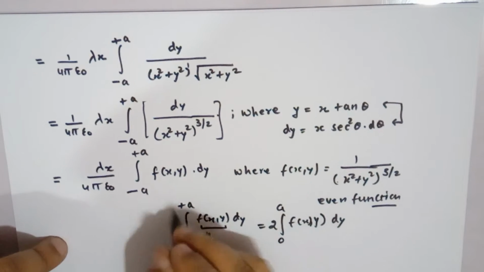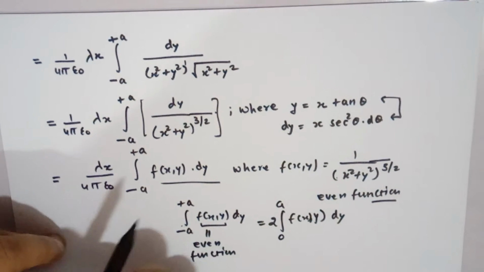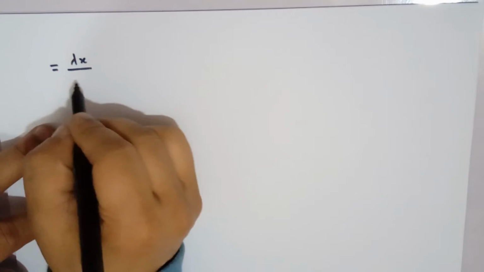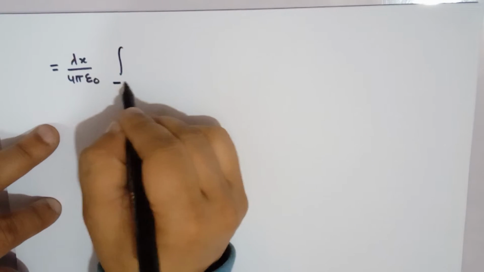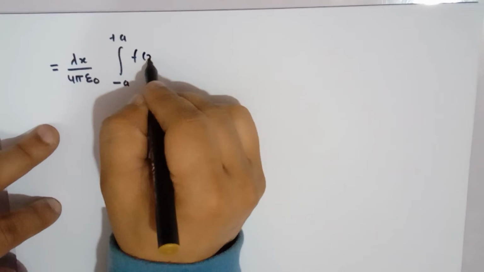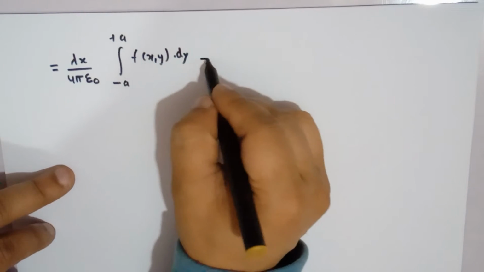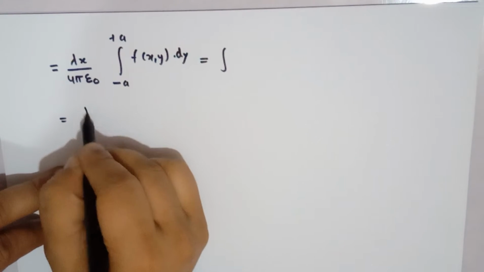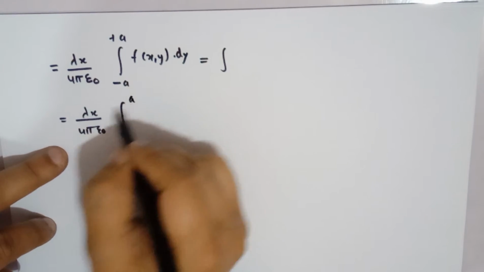Okay, so that function can now be written in the following fashion: lambda x upon 4 pi epsilon naught, and the limit is from minus a to plus a of f(x, y) dy, and I already said that this is an even function, so that can be written as lambda x upon 4 pi epsilon naught, 0 to a, and here 2 would come,